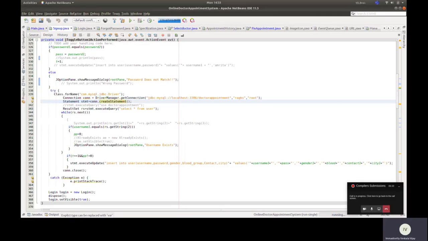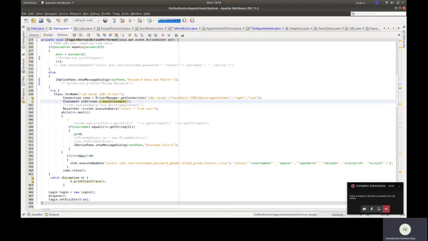It is a class that manages a list of database drivers. That means there will be different databases in our system, like education, different databases for different purposes. I created doctor appointment for this project, so we are selecting a particular database driver. It matches the connection request from the Java application with the proper database driver using the communication protocol. So it will search for the particular database, whether the database, doctor appointment, is present in the system or not. If it is present, it will be connected and stored in the con.